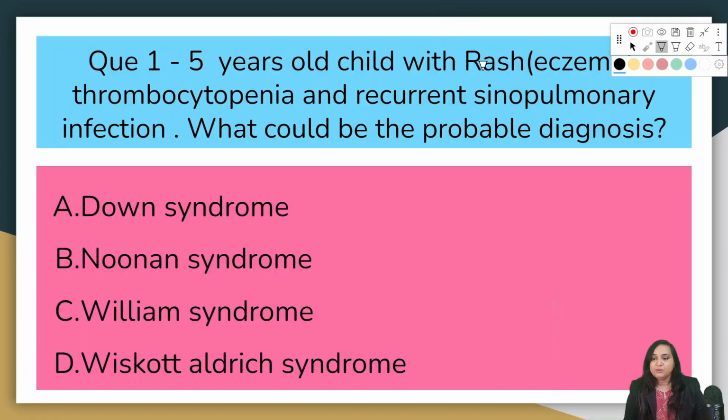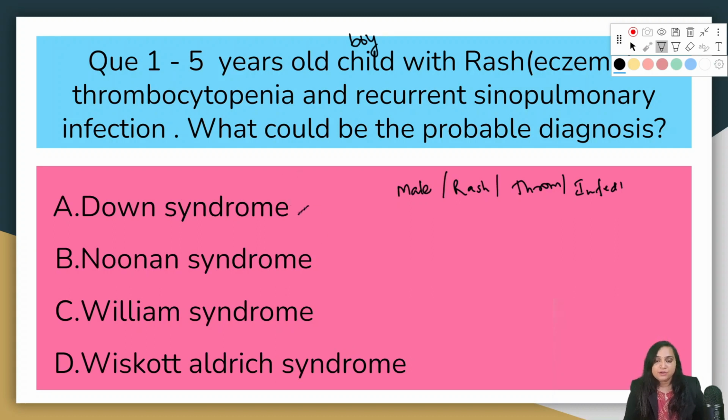5-year-old child with rash, eczema, thrombocytopenia and recurrent sinopulmonary infection. What could be the probable diagnosis? Here there are 3 hints. It's a male child, boy, with rash, with thrombocytopenia, with recurrent infection. There are many clues which point toward a single condition among these 4 syndromes: Down syndrome, Noonan, Williams or Wiskott-Aldrich